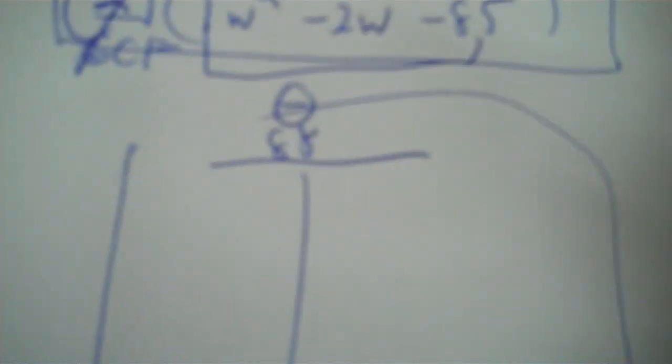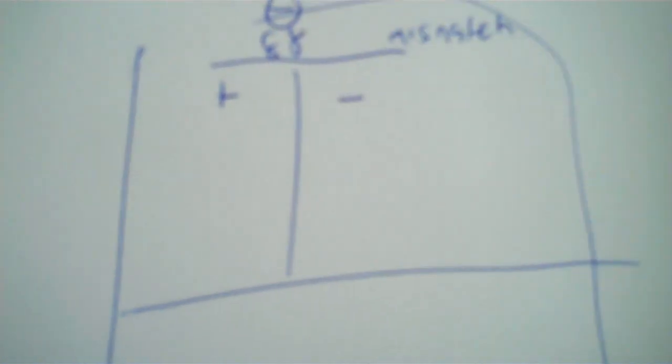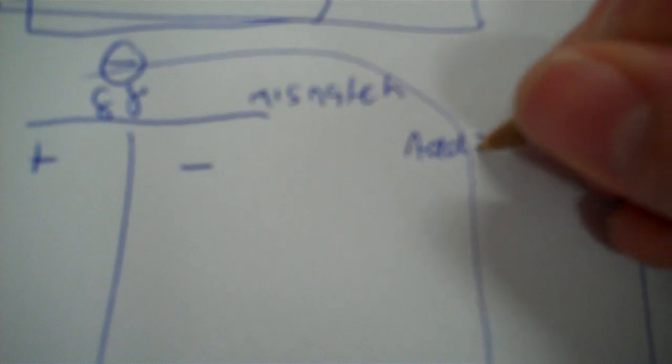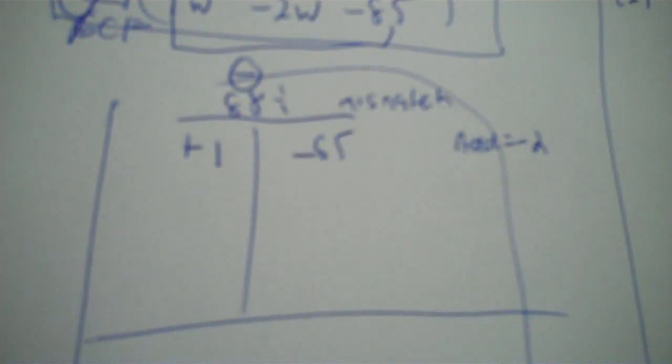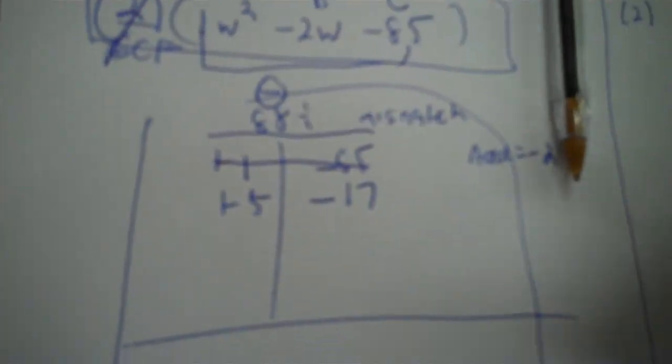So 1 times negative 85, that's negative 85, so that would be a mismatch. It's over 100, so I'm going to go through with it and try to find it. We have to add to negative 2. 1 and 85, that is negative 84, much too wide. 85 is not divisible by 2. It's not divisible by 3. It's not divisible by 4. It is divisible by 5, 5 and 17. But we add those,